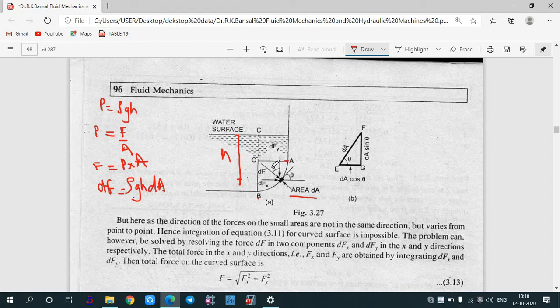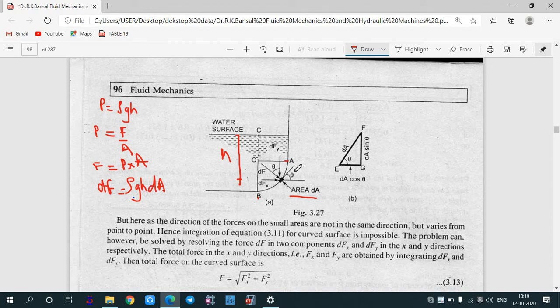So this is the pressure which is acting on this particular element. As you can see, we have drawn it by dF on this book. This will be acting normal to this elementary area. After that, in the curved portion, the problem is that previously we used to do integration, so that from a small strip we get the value for the whole body. But in this case, because it is a curved portion, we cannot do integration, because integration will not give you the proper value.